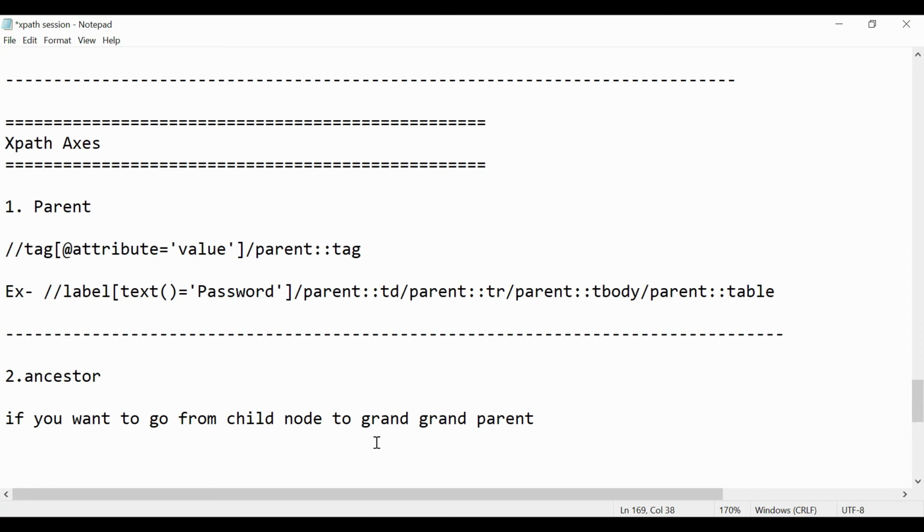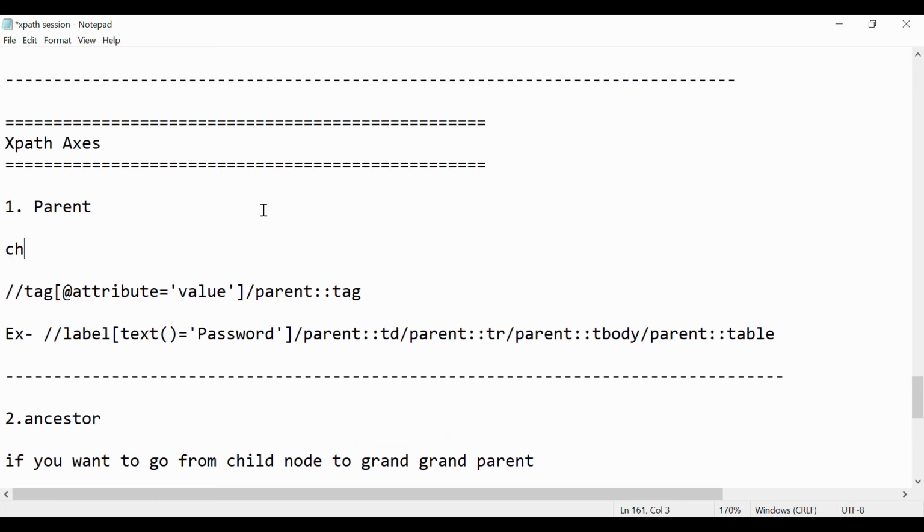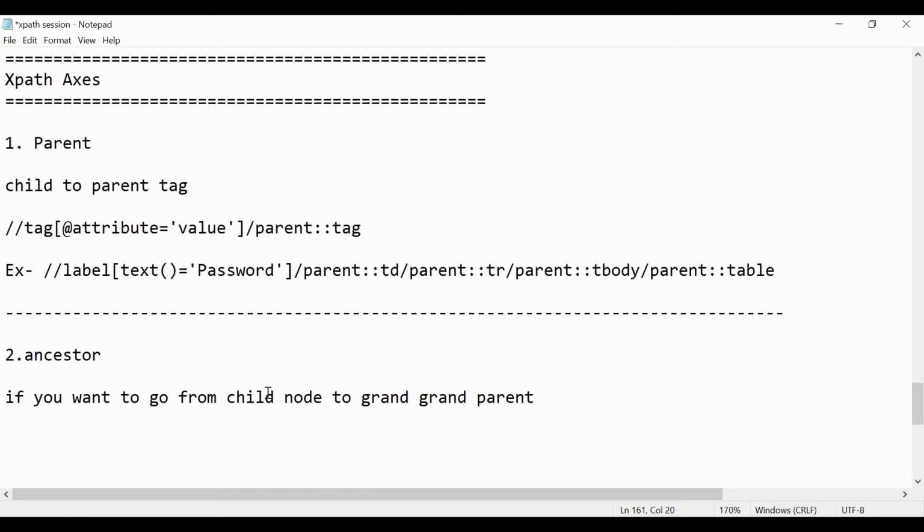Just an example, because using parent we are only able to go from child to parent tag, right? But what if you want to go from child to the parent of the parent, and so on? You can go to any ancestor, up to the first tag, the HTML tag as well, with the help of ancestor.